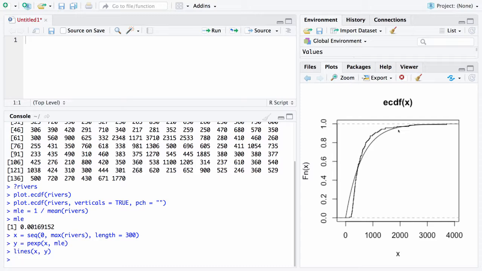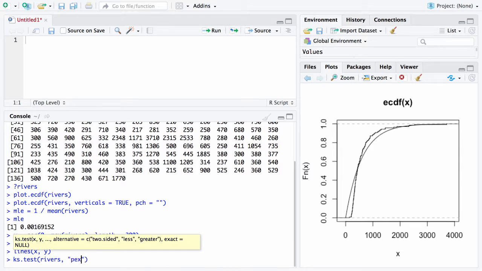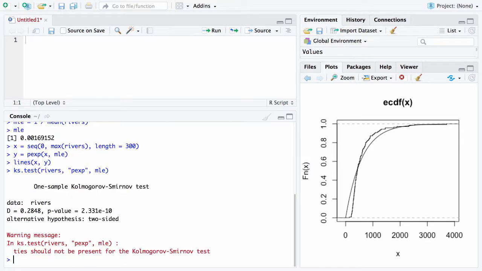One of the good tests is ks.test. KS stands for Kolmogorov-Smirnov, and this is going to tell us if we have a good fit. This is the one sample Kolmogorov-Smirnov test. So we're going to take rivers, and it's looking for the distribution here. We're going to say use the CDF of an exponential as the comparison, and then finally put in the MLE. So once you do that,